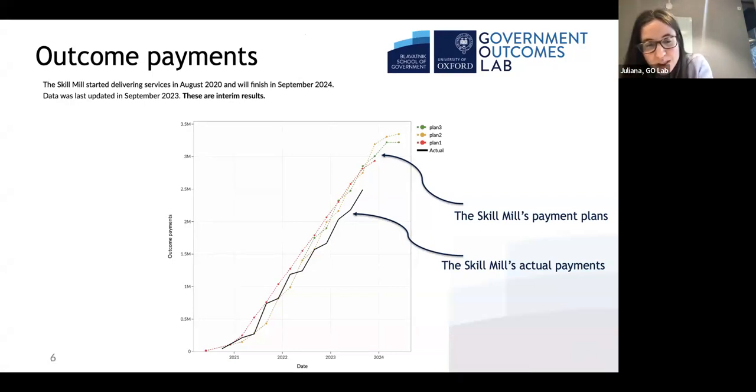If you look closely at the black solid line, that's the line on actual payments. That's the line that represents actual payments that the skill mill received because of all the outcomes that have been achieved and that were shown in the previous graph. I know it's a bit difficult to interpret this one because for every project you may have different plans. So if you go to the next slide, I prepared